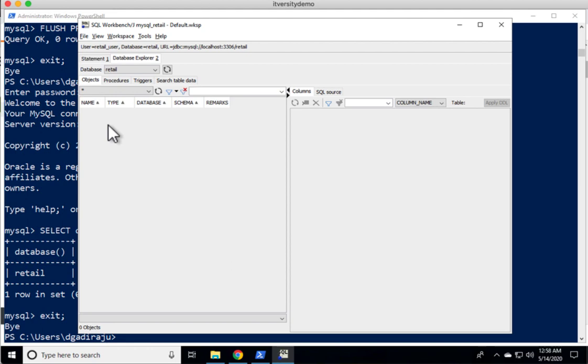That being said, we have successfully demonstrated how to use SQL Workbench to connect to the MySQL database running on the Docker container. You should be able to follow these instructions for databases that are running on remote machines or that are running locally directly on Windows 10 itself. When it comes to the main connector between SQL Workbench and the database, it is nothing but the JDBC jar file. With respect to MySQL, it is called MySQL Connector/J. Depending upon the MySQL server that is running, we have to download the compatible MySQL Connector/J, and we have to configure that in SQL Workbench so that SQL Workbench can talk to the databases that are running using that specific server version.